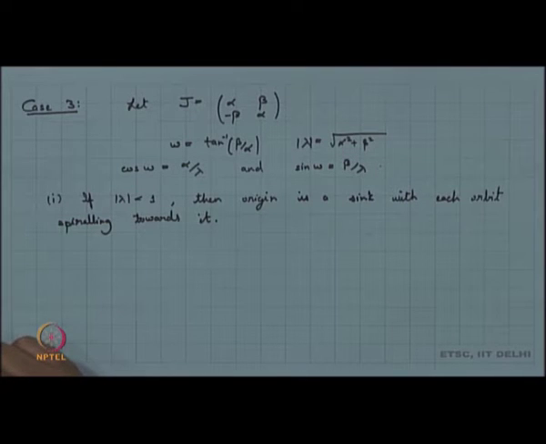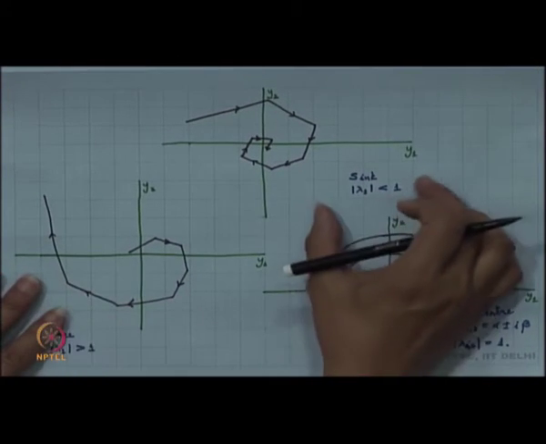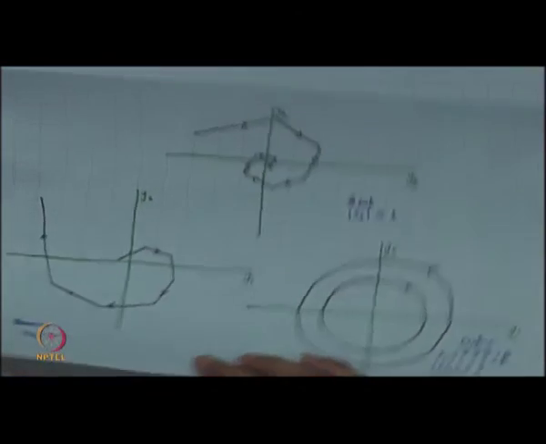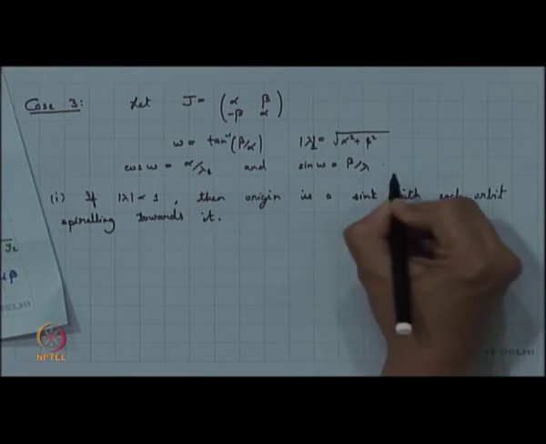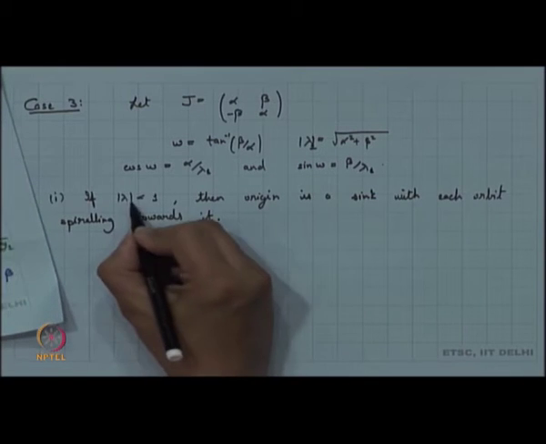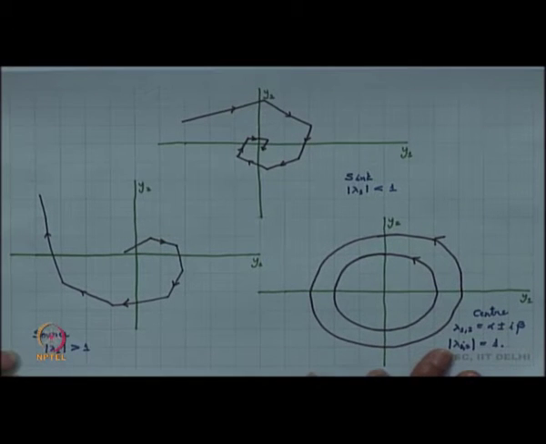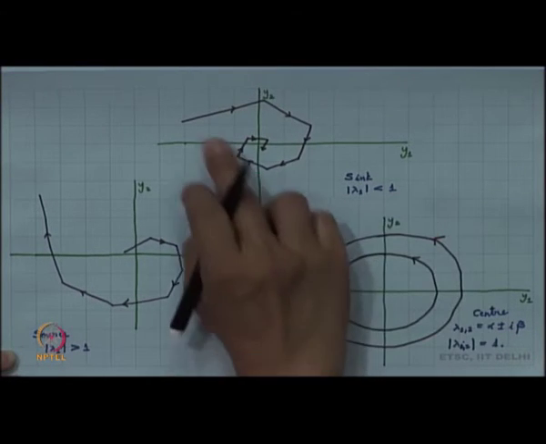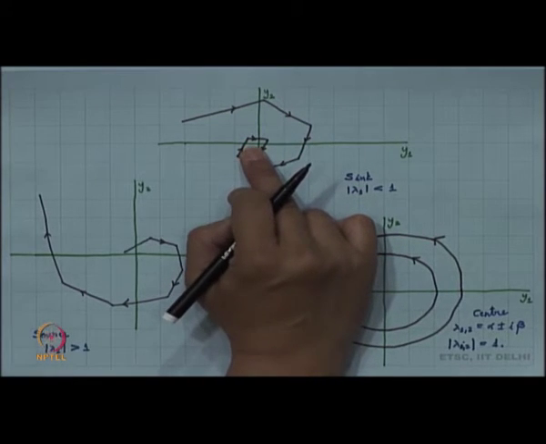And what do we mean by each orbit spiraling towards it? Let us try to see the picture here. My mod lambda, or I should say mod lambda 1 here, because this is what we had started with, lambda 1, right. So, this was our lambda 1 because we had only one eigenvalue here. So, we look into this part, we look into this factor. So, what we have here is mod lambda 1 is less than 1, right. Each orbit is basically spiraling towards the origin. Ultimately, definitely it is going to converge to the origin because your modulus, the magnitude is basically lambda. So, lambda to the n is basically going to tend to 0, right.